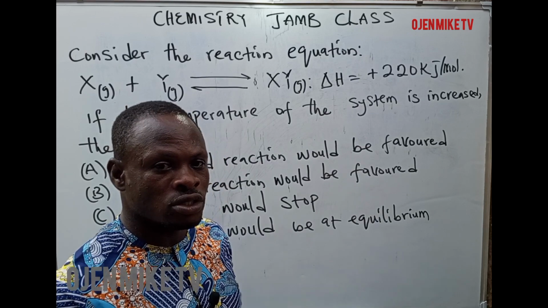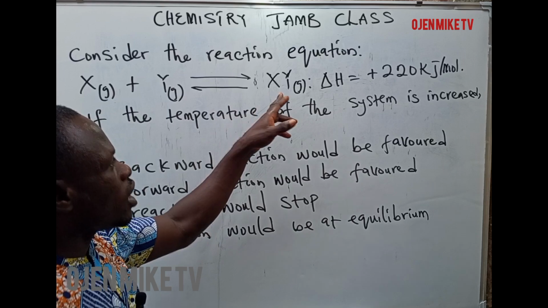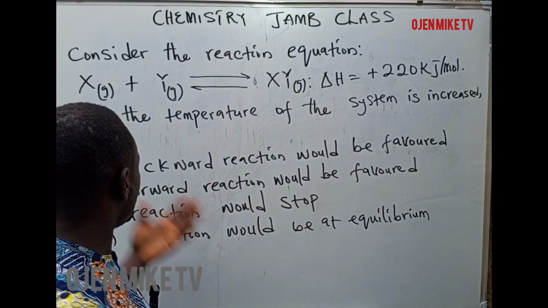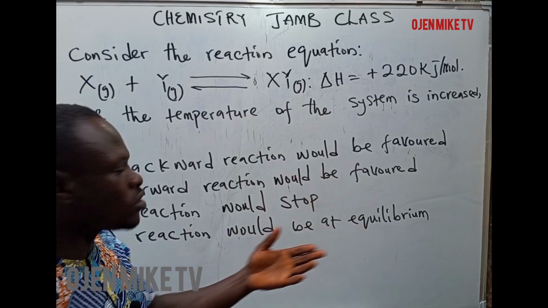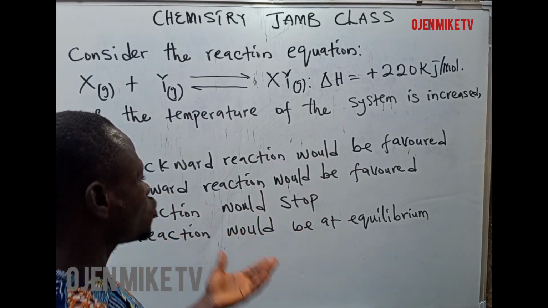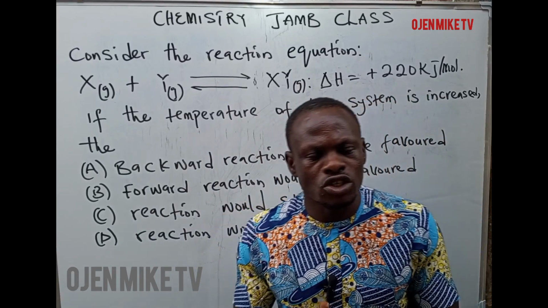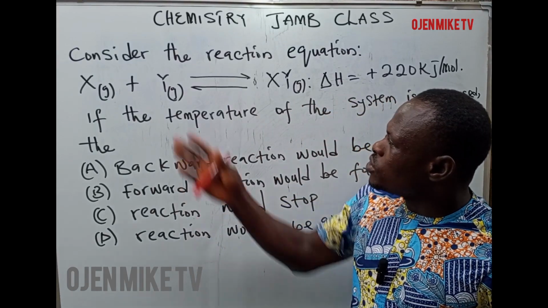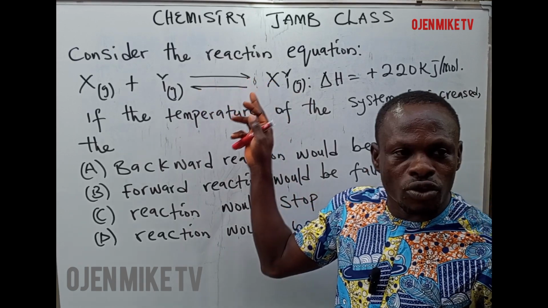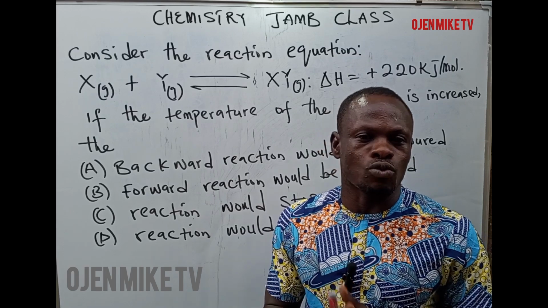kJ per mole. Now, they are saying that if the temperature of this reaction equation is increased, what will happen? The options we have: backward reaction will be favored, forward reaction will be favored, reaction will stop, and reaction will be at equilibrium. Now, one thing you should understand is that when you see a reaction equation like this that has two arrows like this, one going forward, one going back,